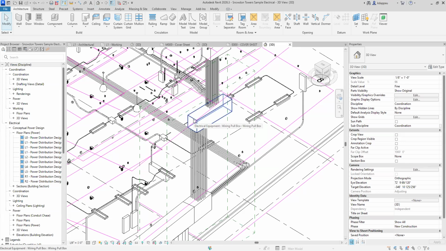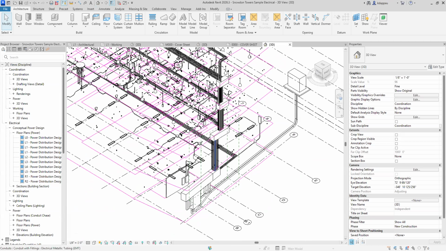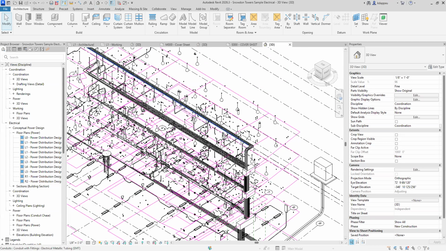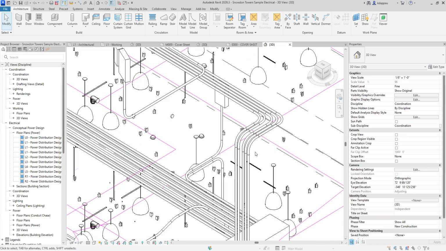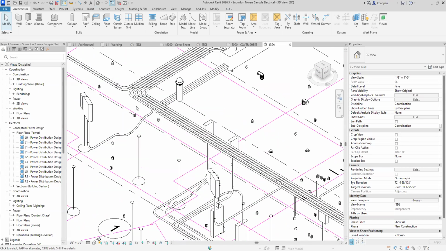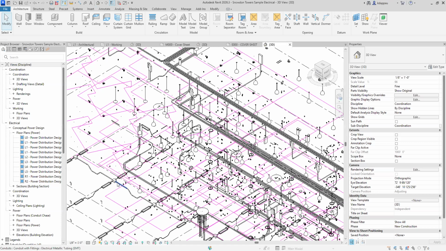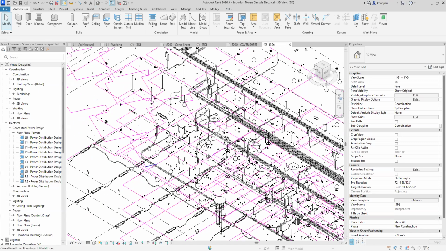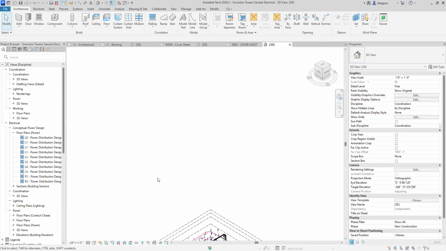This one is called a wiring pool box. All the wiring, they come and pass them to one particular location and then position them and then add them. So to be able to draw these conduits, then you must be able to understand how drawing conduit works before you can attempt such a project. If you don't know how to draw conduits, if you don't know how to draw cable trays, if you don't know how to draw the different aspects of the building, then working on such a project might be very, very